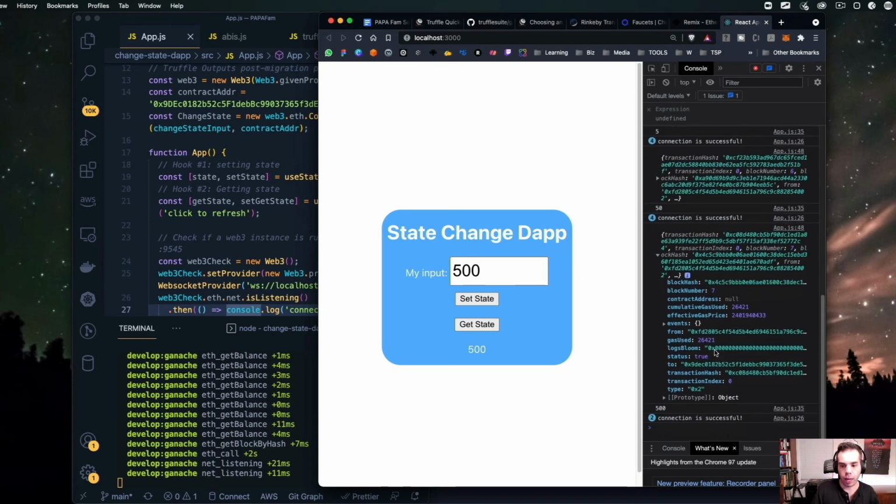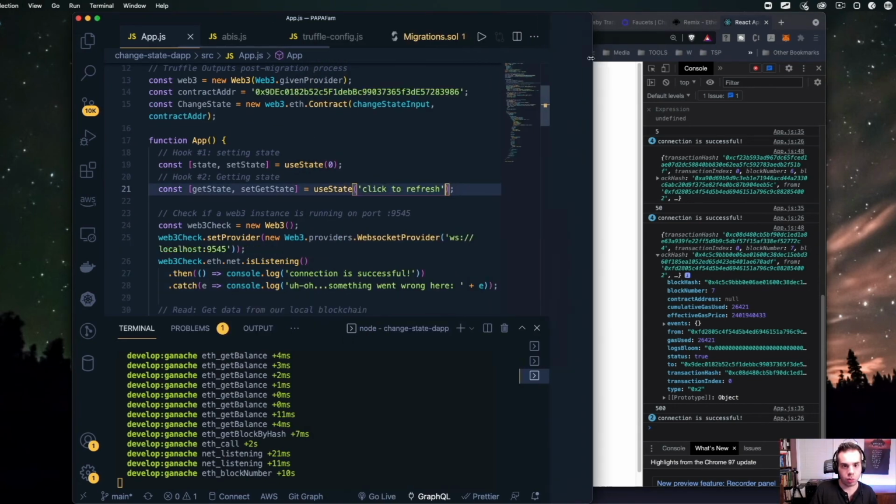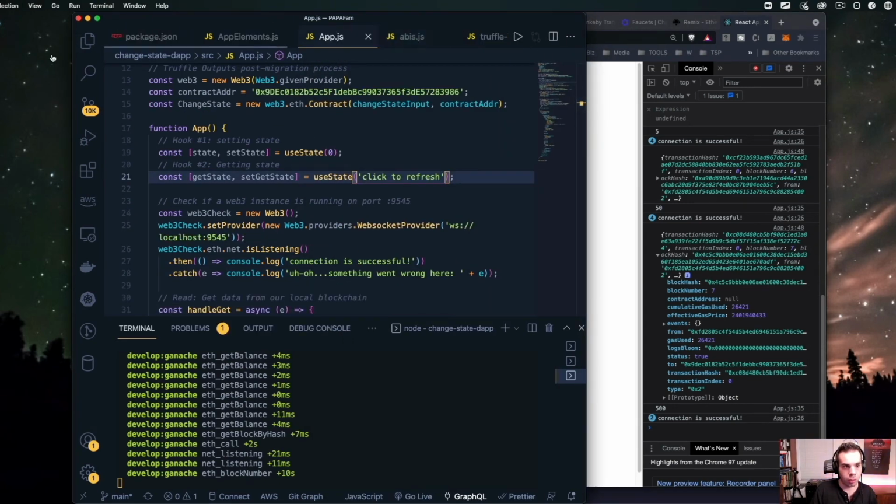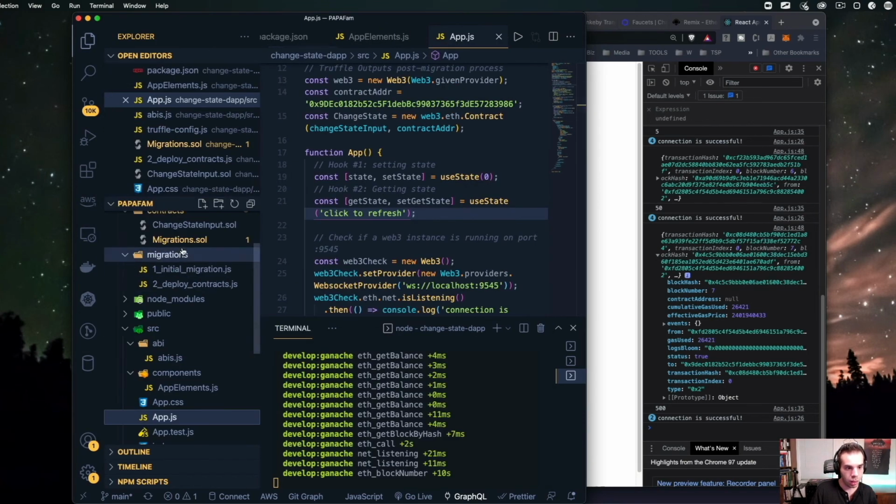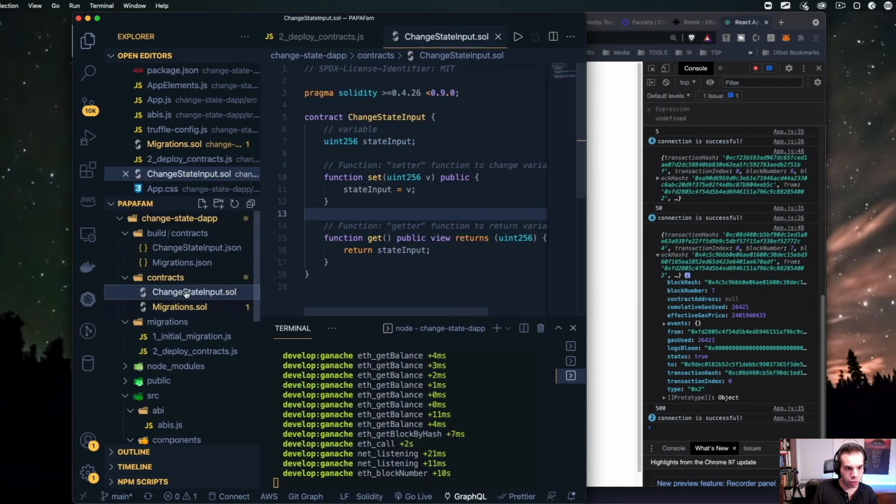So I'm writing and updating the state of this specific input. No one else is able to change this unless they have access to this specific function. And what I mean by that is we're going to go back to our smart contract for a second. So in our change state input, we basically have this public function that creates this state input.